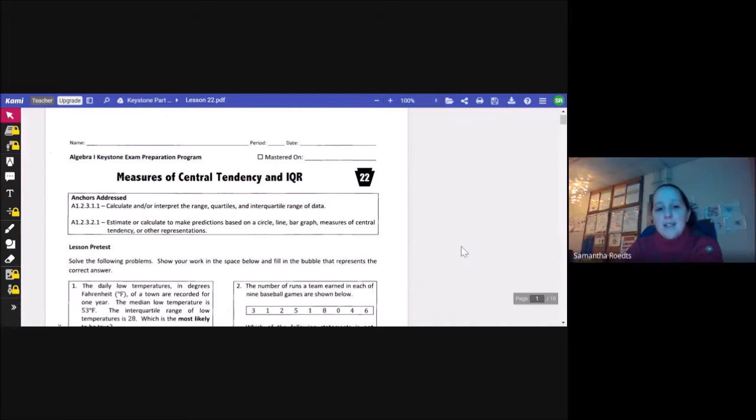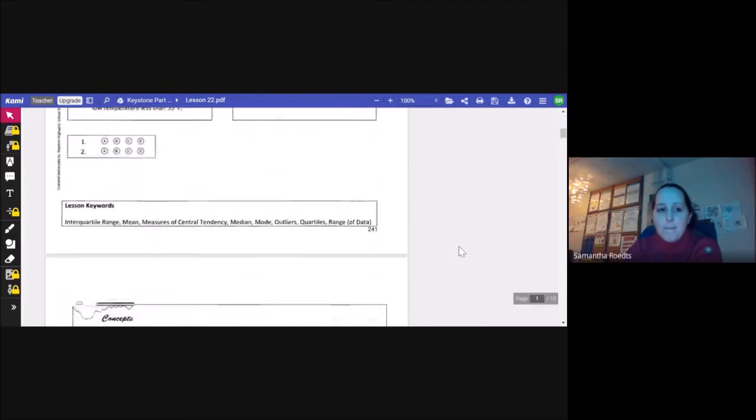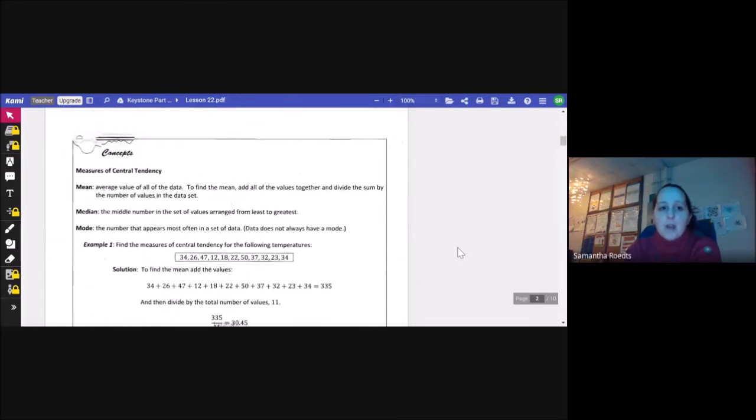All right, this is lesson 22, measures of central tendency and IQR. So measures of central tendency, you have mean, median, and mode, which you've probably heard of before. Your mean is your average value of all the data. To find the mean, I add all the values together and then divide the sum by the number of values